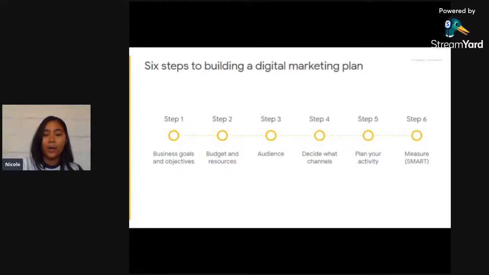Step 5, plan your activity. And last but not least, step 6, measure. And measure by using the SMART method. Now, if you don't know what the SMART method is, don't worry, we'll get into those in just a bit.